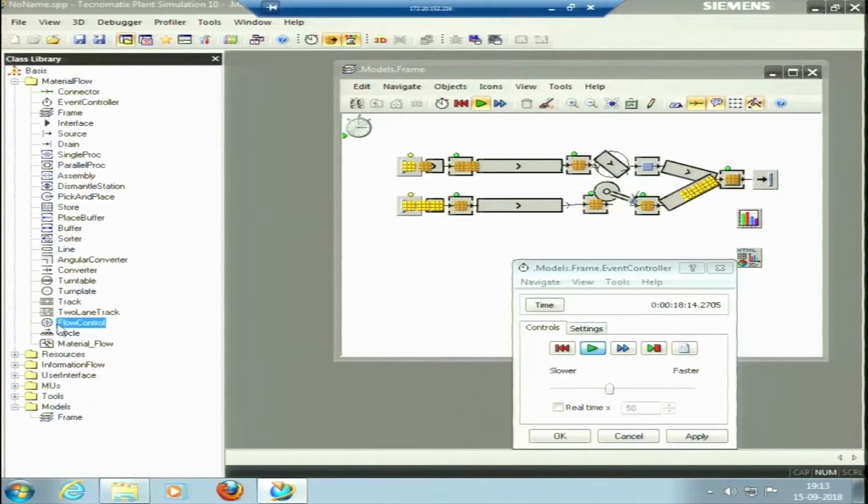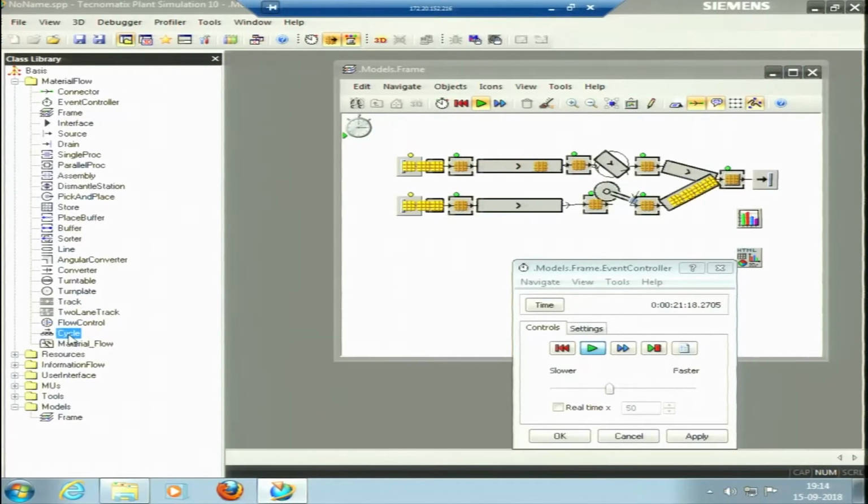For instance, I have a central O here, an O kind of layout, and there are certain lines here. What flow control can do is control that, okay, one piece here, another piece here, second piece here, third piece here. It can control the flow. This is my O, and there are lines external to this. If I put the flow control in there, it can control which of the lines requires my material now. So it can control the flow in that way.